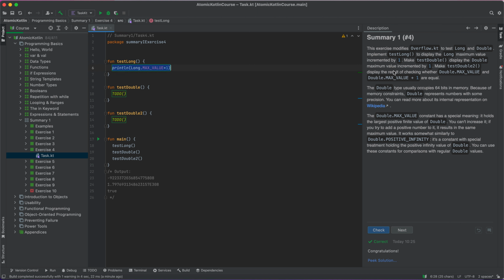Similarly you have to display, like test double will display the double maximum value incremented by 1. Println double maximum value incremented by 1. And finally make test double to display the result of checking whether the double max and double max value plus 1 are equal. So if